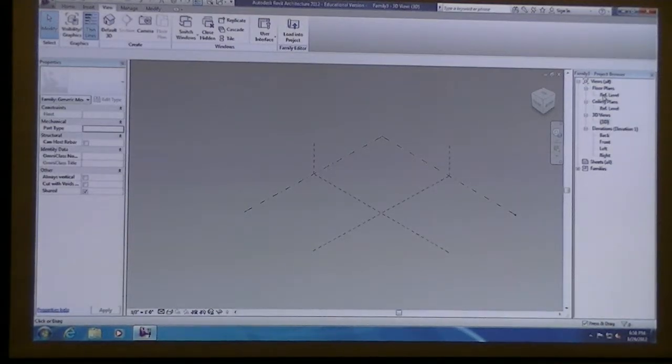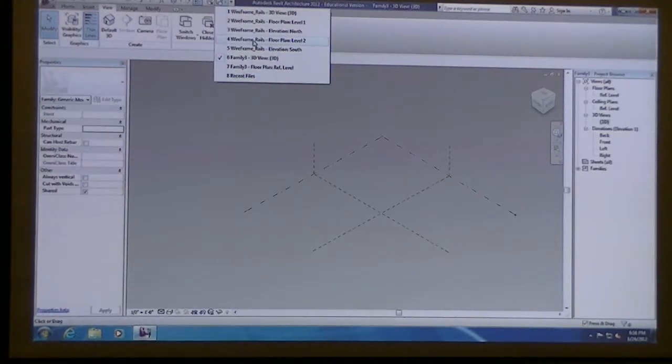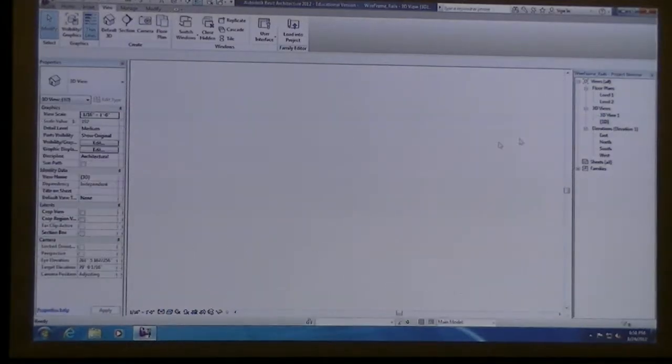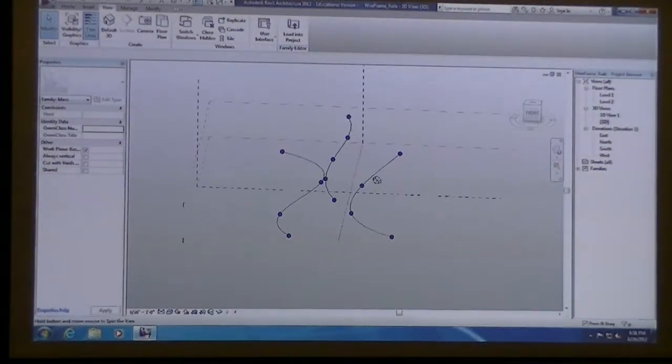So it doesn't really matter what view you're in because it's an adaptive component. It's going to be placed by the number of points that you create. One thing that you have to keep in mind is when you set something up like this, I'm back in my wireframe rails. I have 3 rails that I'm going to connect to.